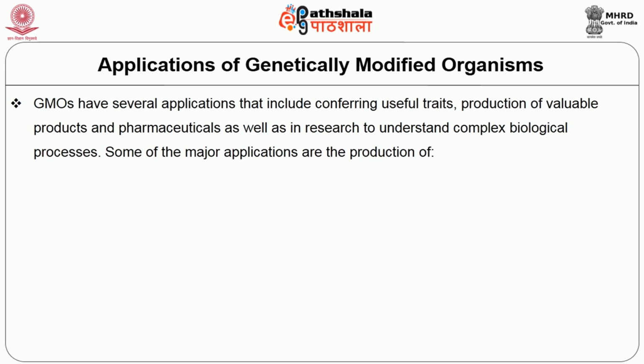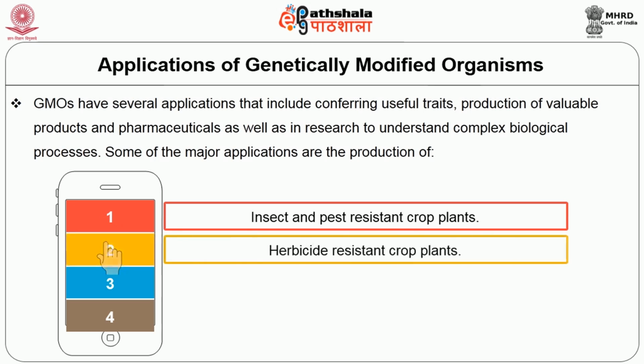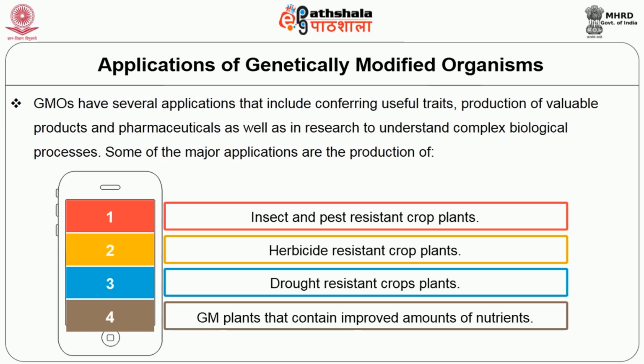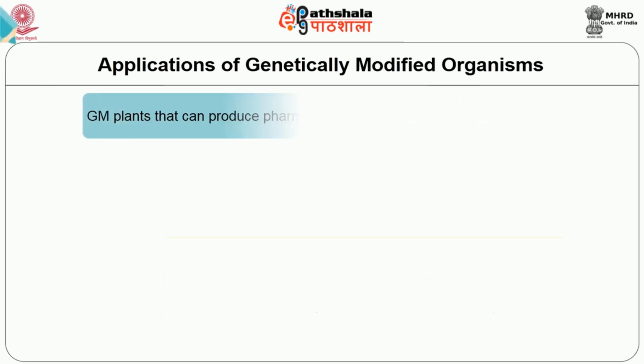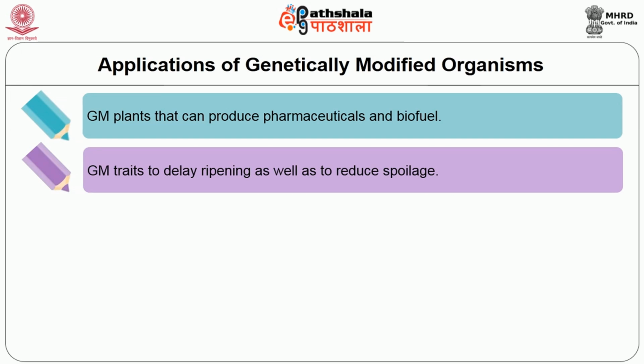Some of the major applications include the production of insect and pest resistant crop plants, herbicide resistant crop plants, drought resistant crop plants, GM plants that contain improved amounts of nutrients like the golden rice that contains the transgenes to synthesize beta carotene, GM plants that can produce pharmaceuticals and biofuel,